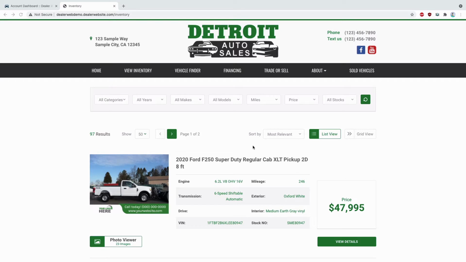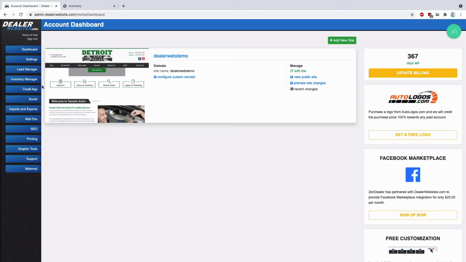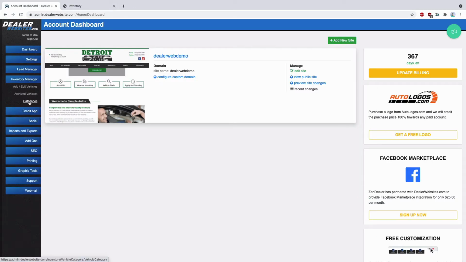In this tutorial, I'm going to show you how to work with custom vehicle categories on your website. So I'm on the inventory page right now. If we look, we have this categories section in our filter bar. Right now there's nothing in there, but if we go back to our dashboard, we go into Inventory Manager and